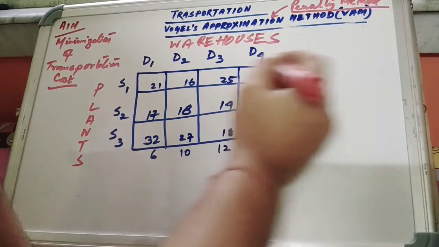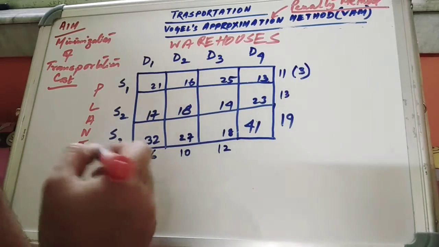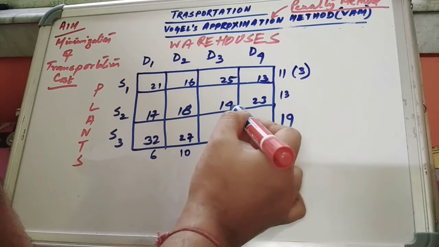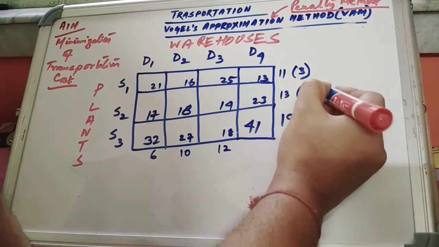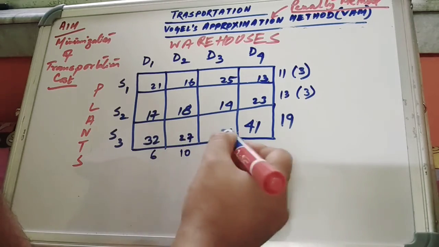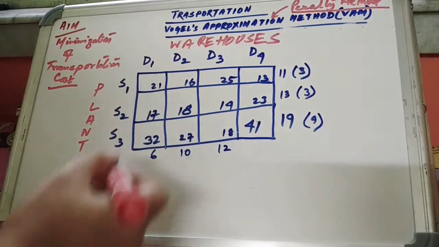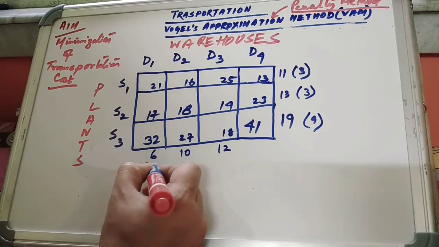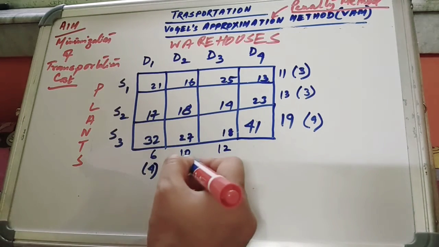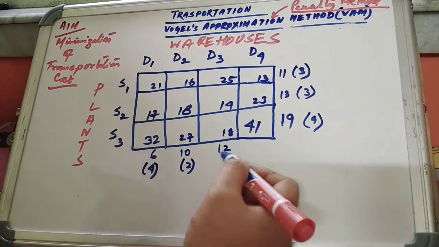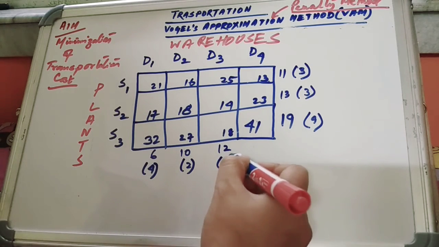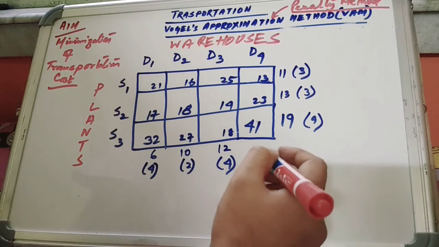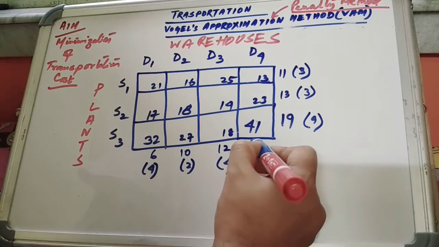Now let us calculate the penalty values. For this first cell, penalty is 3, the difference of 13 and 16. For this cell, 17 and 14 are the two least values, so this is also 3. For this cell, 27 and 18, it becomes 9. For this column, we have 17 and 21, which gives us 4. For this column, 16 and 18 gives us 2. For this column, 14 and 18 gives 4, and the last one, 13 and 23, gives us 10. Okay, the value over here is given as 15.